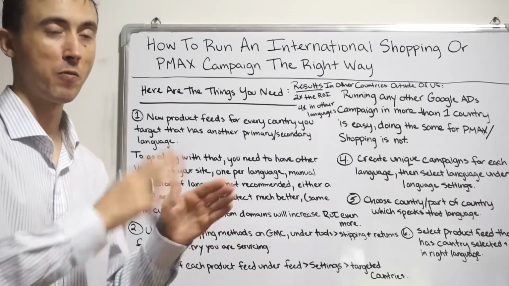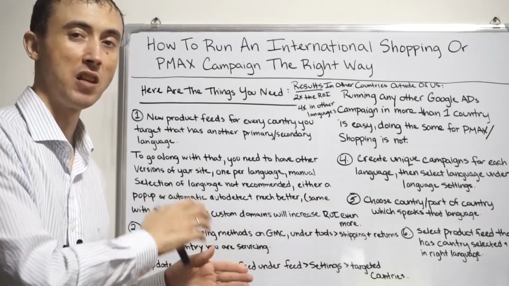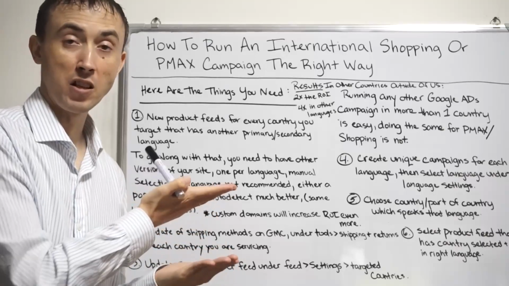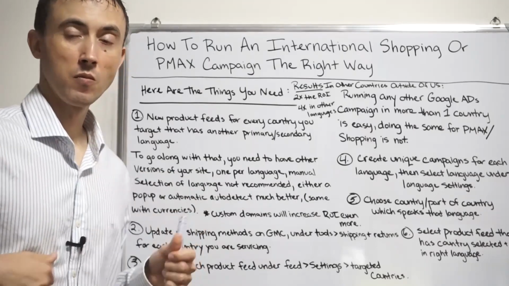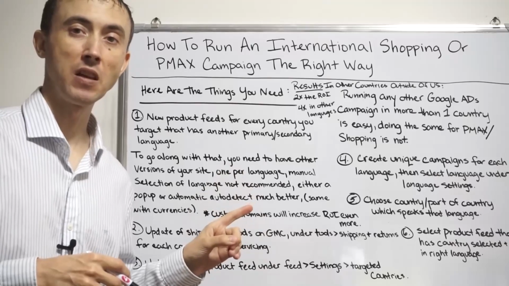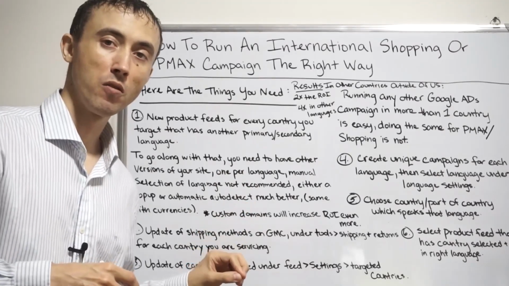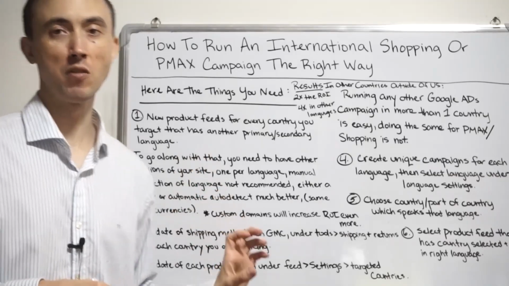So if you wanted to target French and English in Canada, you couldn't do it with just one campaign. You would need, at the very least, a Canada English and a Canada French, because you can only choose one language in the language settings. Not only that, but you can only choose one product feed. So therefore, structuring and listing all your campaigns by language is the way to do it, unless you're going to